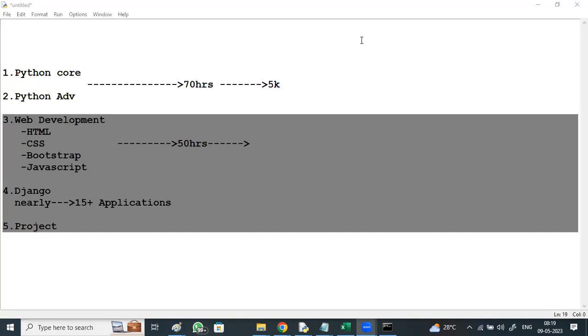Okay, Saturday, Sunday is fine for me. Until you complete Python core and advanced, it will be weekdays 7 to 8 IST.